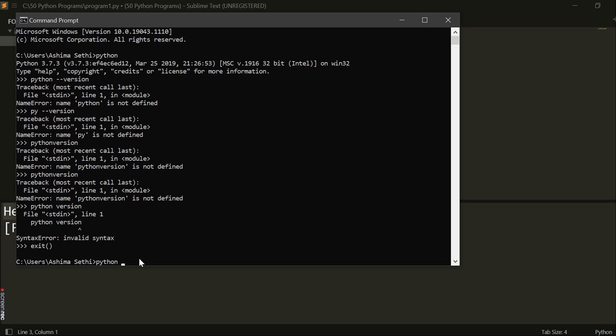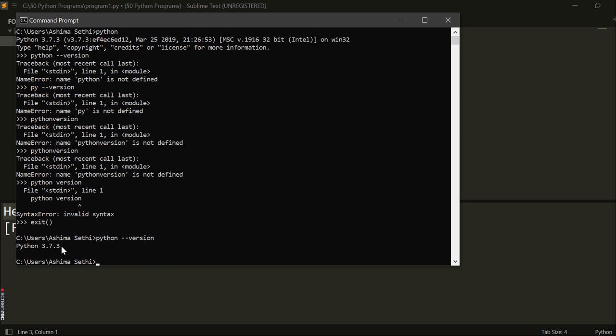So if I go with python hyphen version here, it is saying that you have Python 3.7.3.